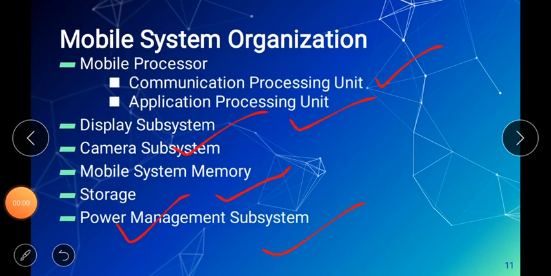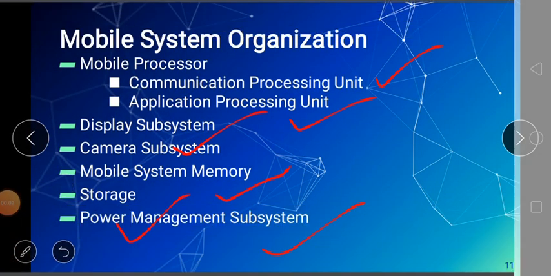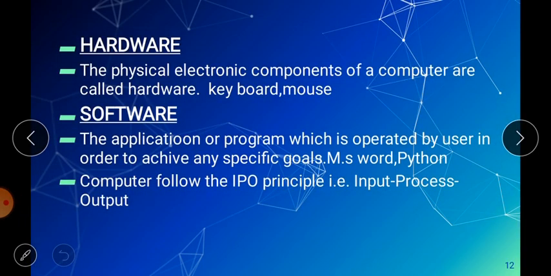Now moving ahead, the next slide is about the hardware and the software. So what is the hardware? Again a very common and simple design. All the components, all the physical components that you can see, touch and feel, are the hardware. And what is software? Software are the programs which are used to run any application in the computer system, that you cannot touch, you can only see and you cannot feel. This is called the software.